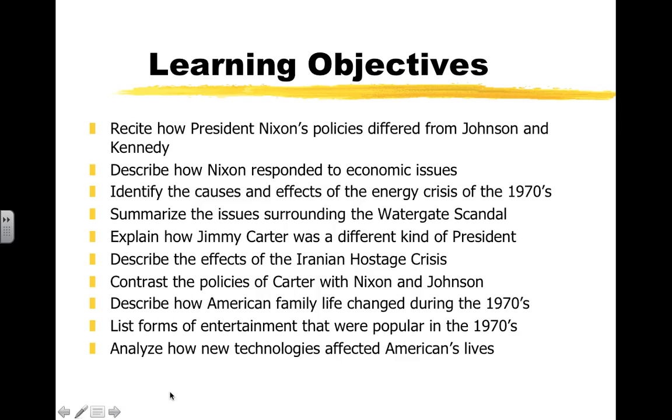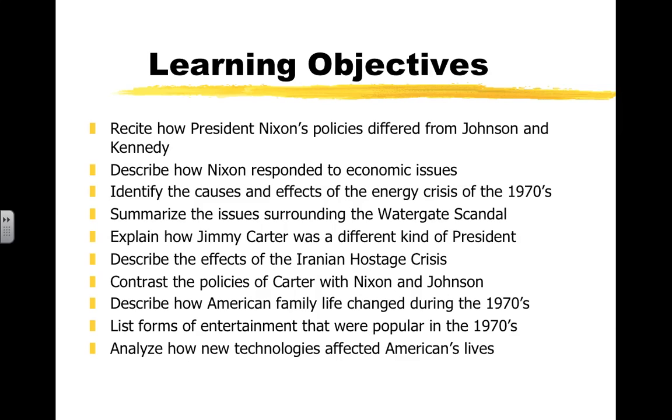This week, your learning objectives are as follows. You will recite President Nixon's policy and how it's different than Lyndon B. Johnson's and John F. Kennedy's policies, describe how Nixon responded to economic issues, especially during the economic crisis of the early 1970s, identify the causes and effects of energy crises in the early 1970s, specifically 73, and then again we'll take a look at energy crises on Jimmy Carter's watch in the late 70s,